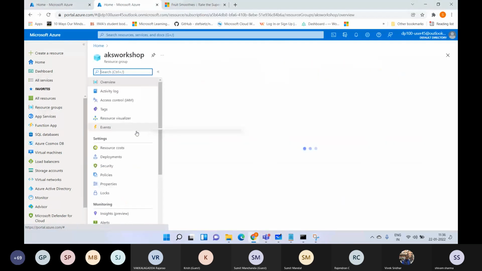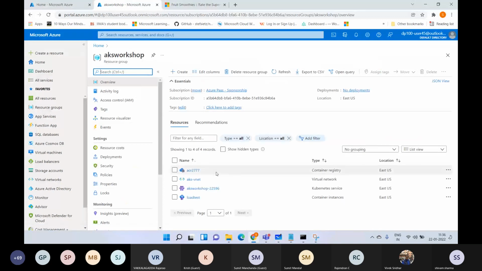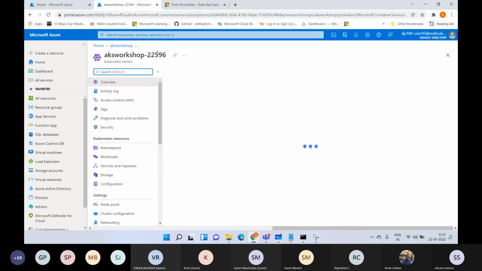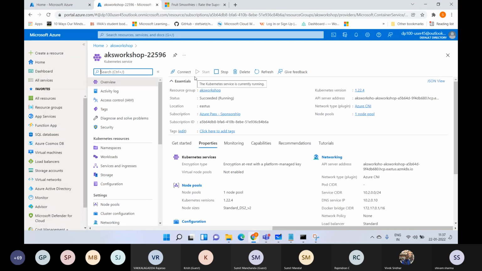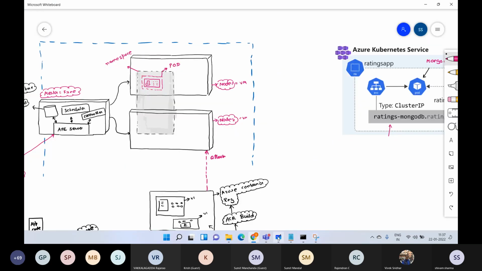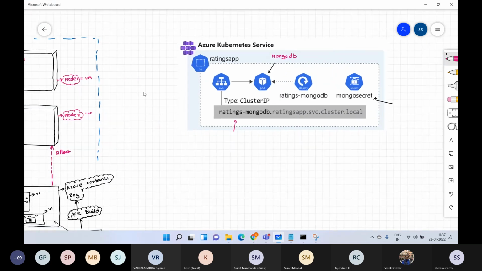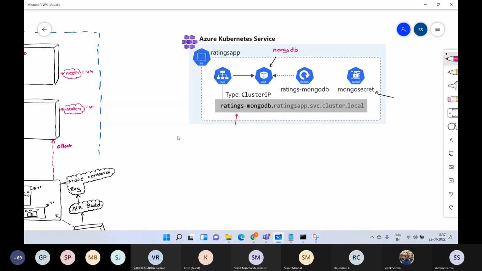Okay, and this is the AKS workshop, exactly the same, and that's the AKS cluster over there. Now, what we are doing is we have to practically do these three deployments, right? We have to create the secret, the service needs to be created, the pod is not there, we need to create the